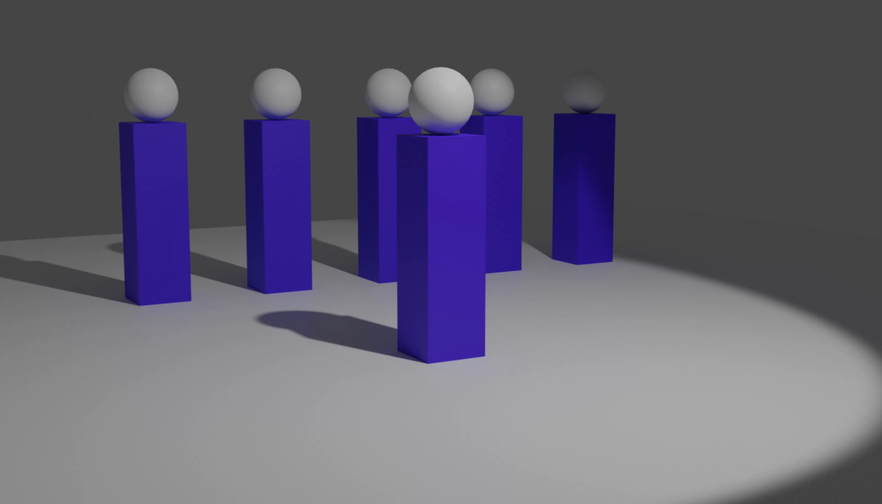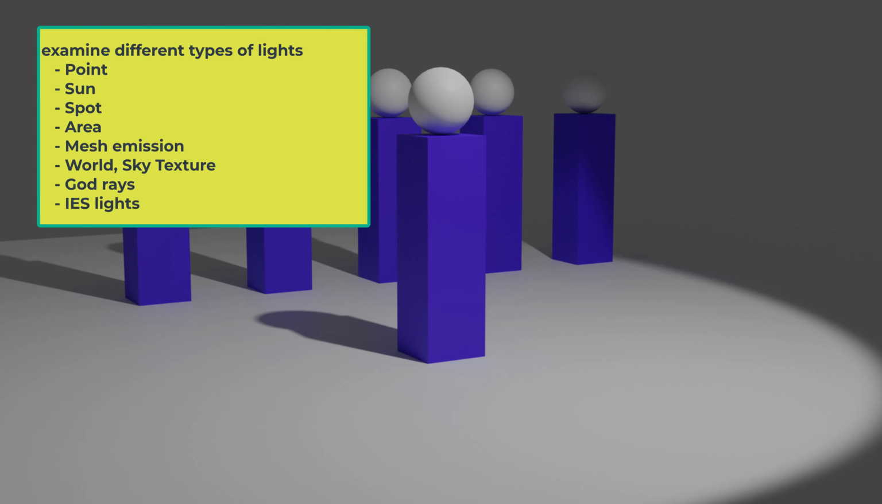This tutorial is all about lights. I'll be examining the different types: the point, the sun, the spot. We've used spot in every tutorial so far. The area, the mesh emission, which we used in tutorial 4 with the spheres and the light beams. And we're going to go to the world and add a sky texture to give a sky to the background